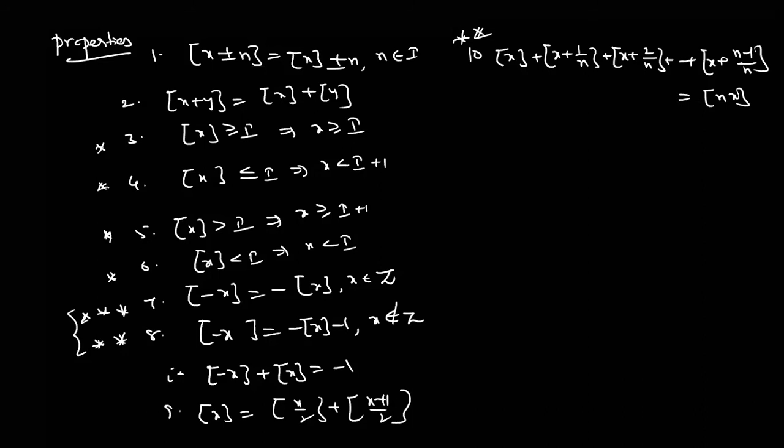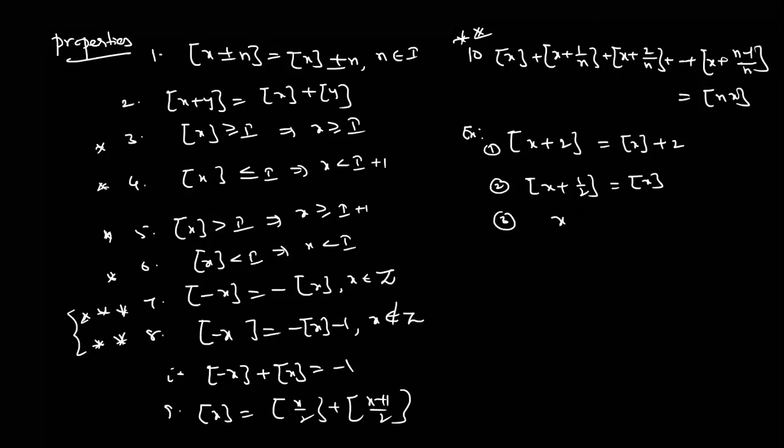Dear students, I'm giving some examples. Can you see? Get ready. Suppose I'm giving integral part of x plus 2, what is the meaning? Directly you can write like that only. Clear? Integral part of x plus 1 by 2 is coming. What is the meaning? Only integral part of x. Example 3: tell me, integral part of x is greater than or equal to 3. Then what are the possible values of x? Anyone? x can be what? 3 to infinity. That is the meaning.